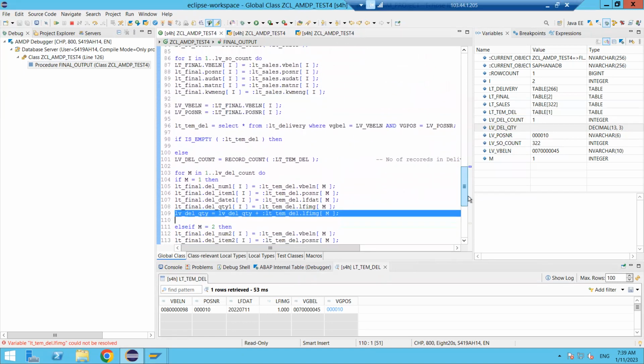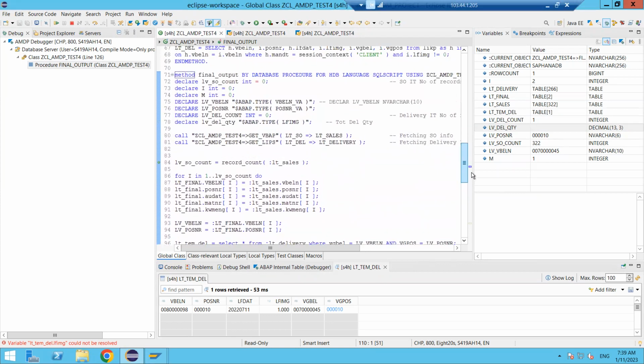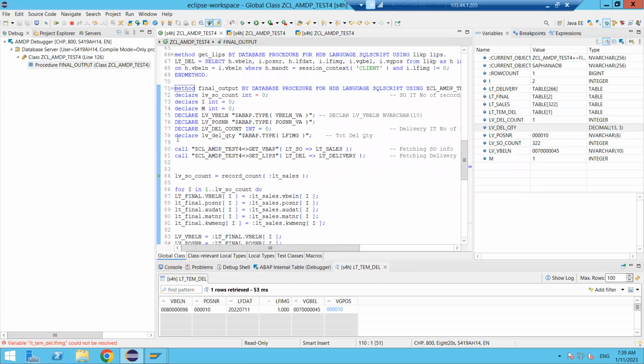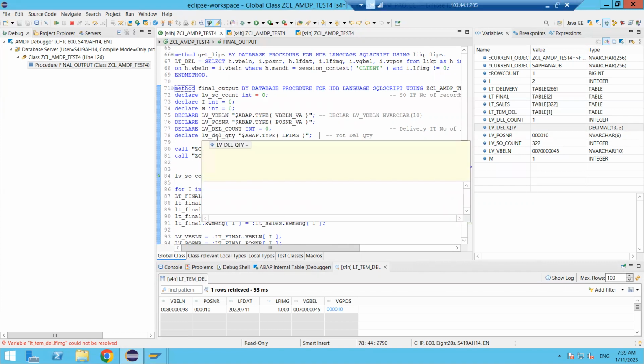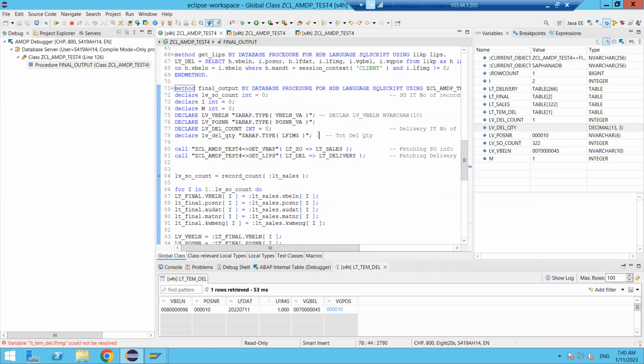Just come to the LV delivery quantity declaration. So this one, LV delivery quantity, is there. Here this variable I am using as input and output, but the initial value I am not declaring here. That is why it is considering it null. So if you add some value to null, the value will be null only. So we need to